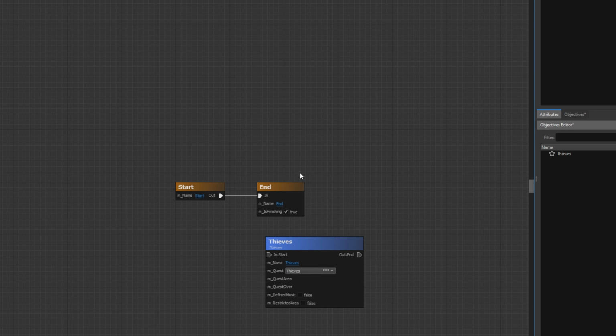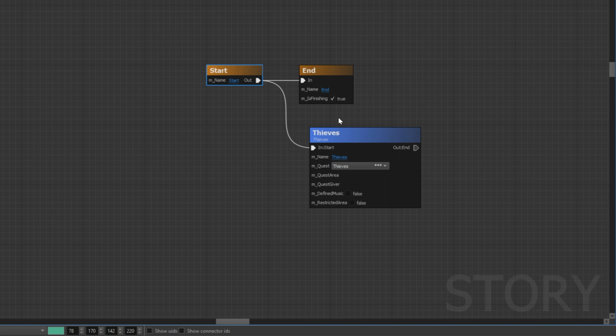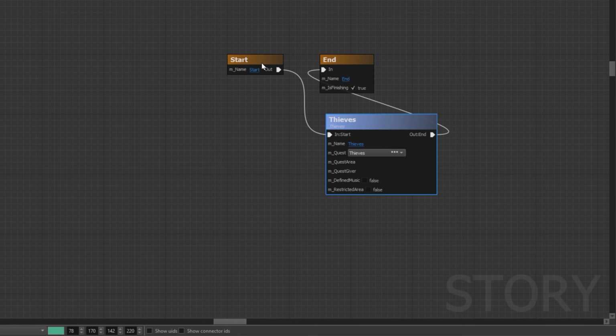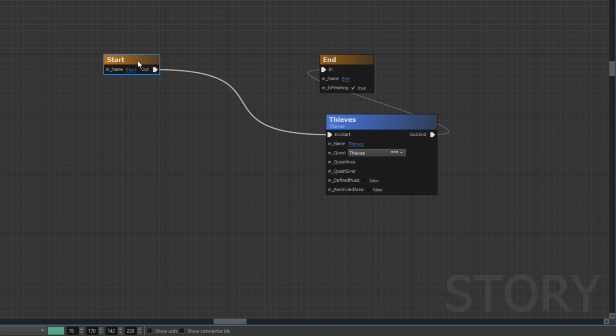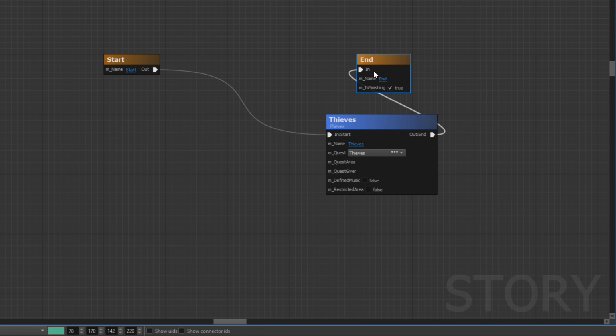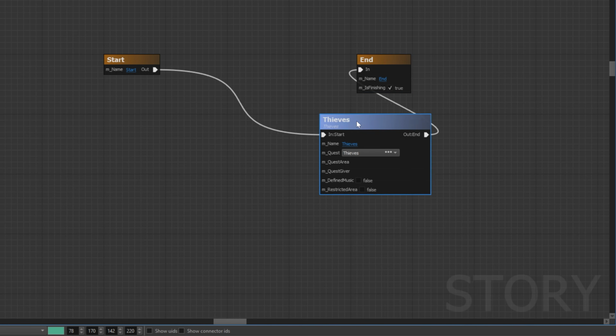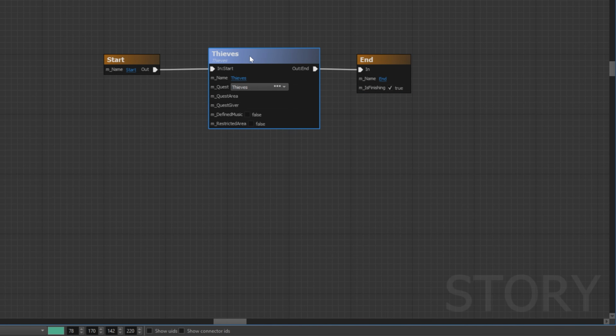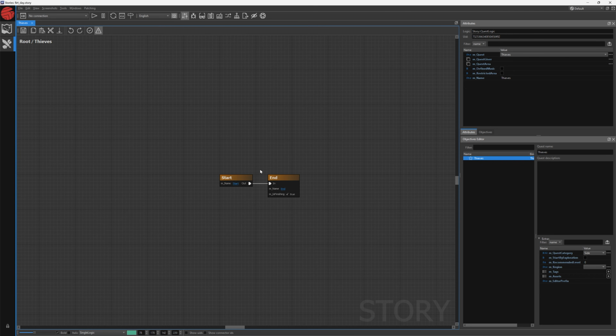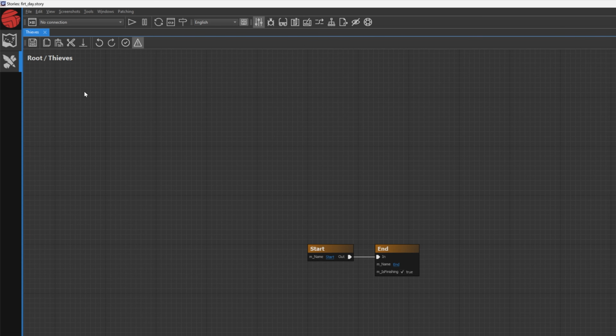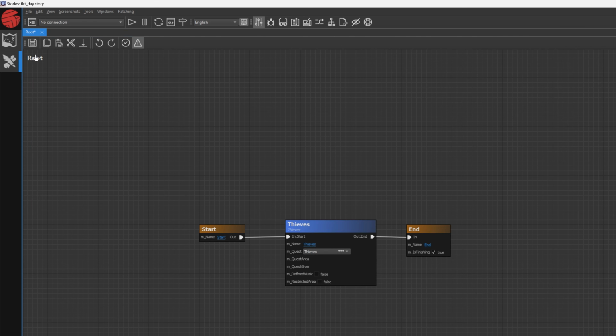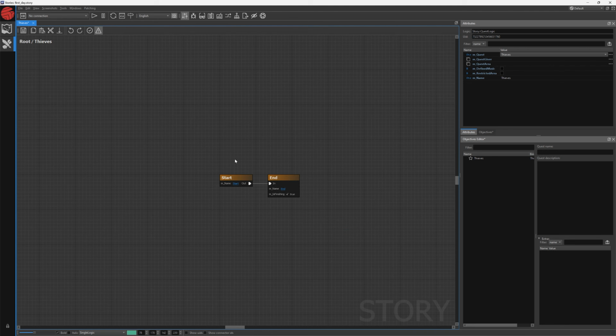Click on this icon next to the text that says Out in the Start block. By holding and moving our mouse, connect the line to our quest. Then click on the Out end of our quest block and connect it to our end block. To align these blocks, we can simply drag them. Let's double-click on the Thieves quest block. This reveals its contents. In the top left corner of the screen, we can spot its path. To return to the main story, click on Route. To come back to Quest, double-click on the Quest block.